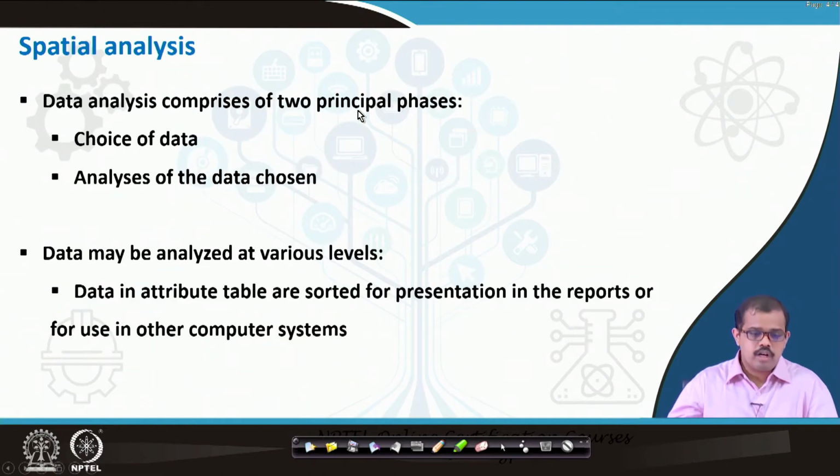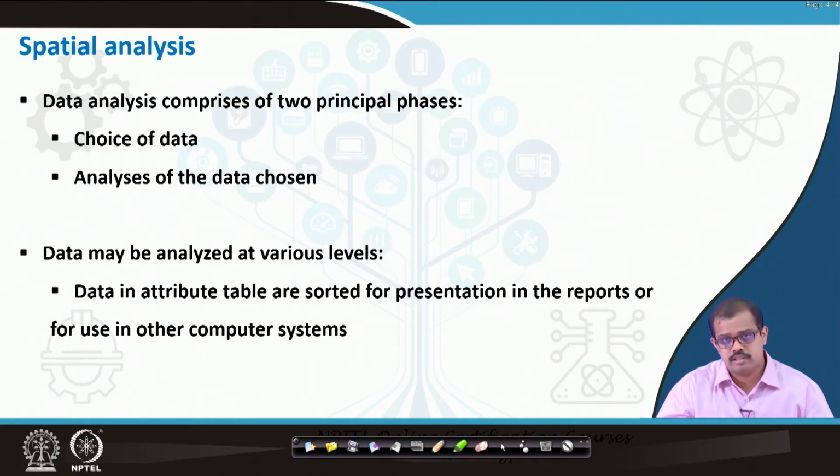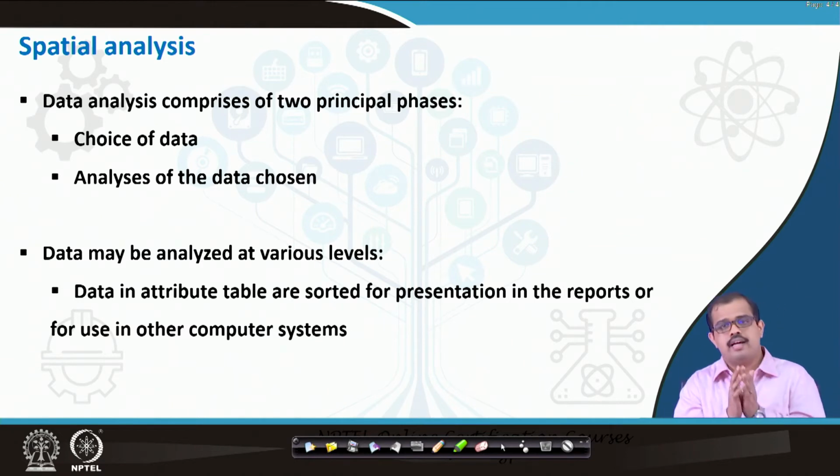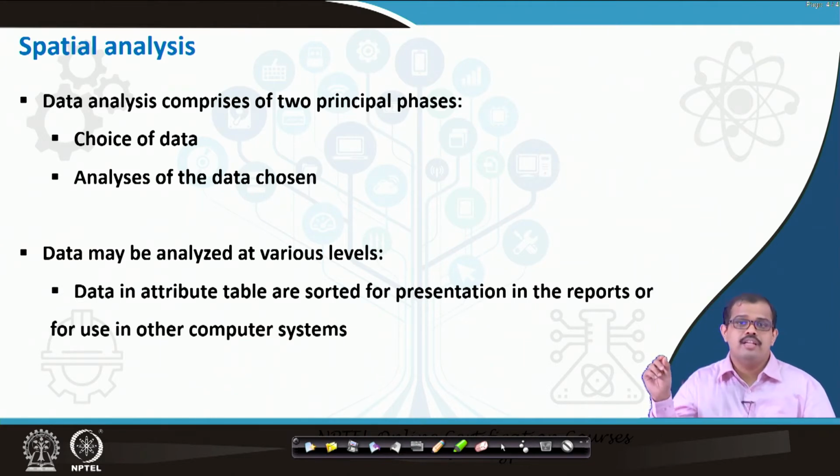Now that we have understood what a database is, we have looked at GIS data and at how you store a vector model. Similarly, there are a lot of raster formats which you use in normal daily routines, and all of those formats can also be saved. Now that we have data stored in the database, the next thing is if a user has to do any spatial analysis, which is what we are going to see in this lecture. Any kind of analysis like a normal data analysis can be done on all of this data, provided the data can be used for such analysis.